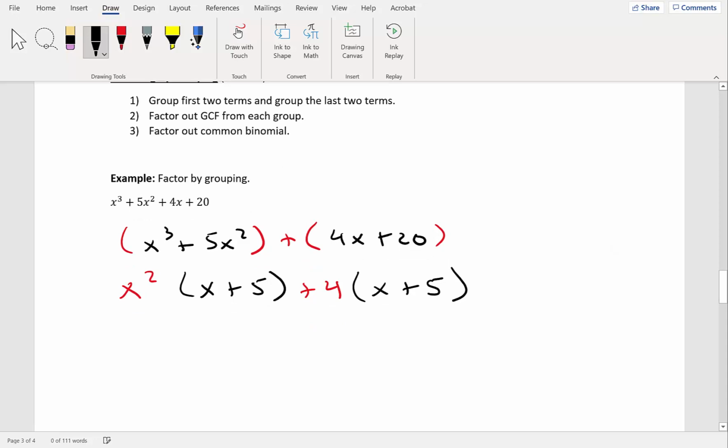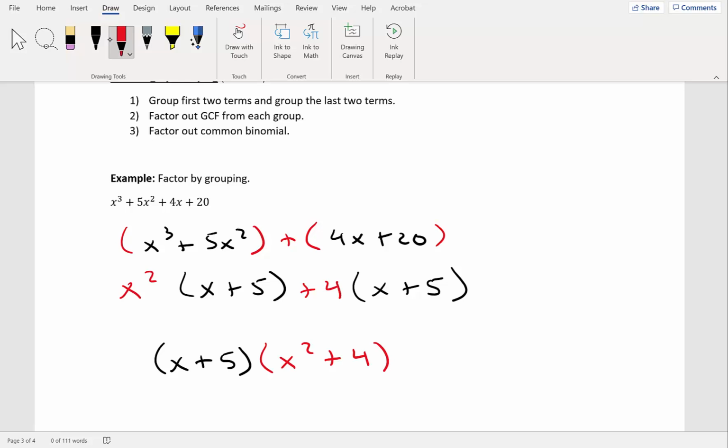Okay. Notice we have a common binomial now. So what we're going to do is factor out that common binomial. So I'm going to put x plus 5 on the outside, and then you're going to write what's left over when you factor it out, which is x squared plus 4. And now we completely factored out this